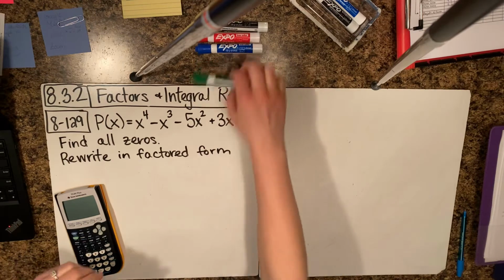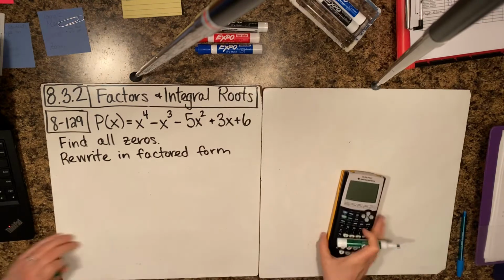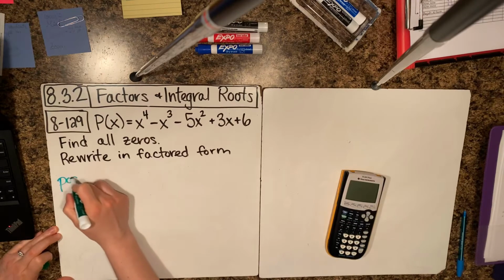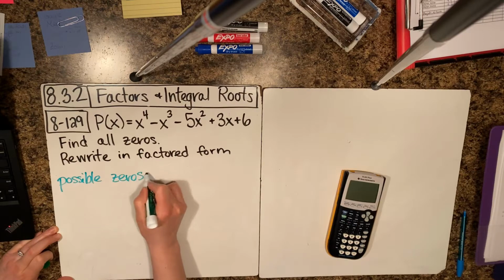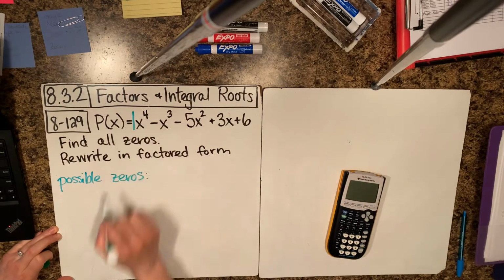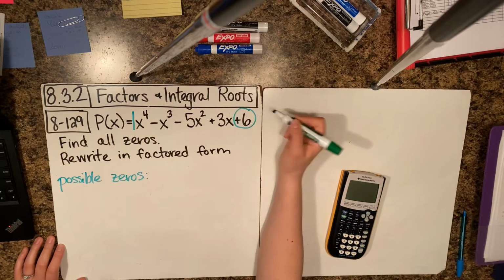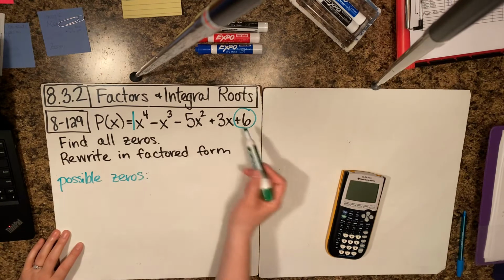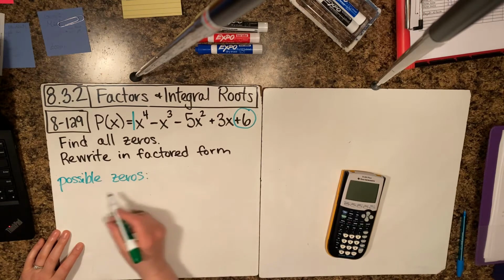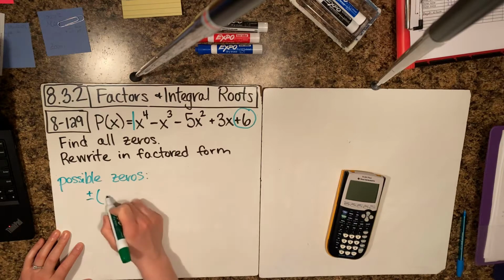Okay, the first thing I want to talk to you about is the possible zeros. The way you find the possible zeros is you multiply the a value, in this case 1, with the, I don't know, we could call it the z value, whatever is the constant term at the very end. So obviously when we multiply 1 times 6, we get 6. And the possible zeros are plus or minus any factor